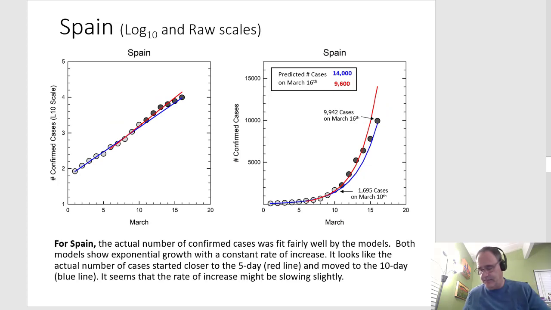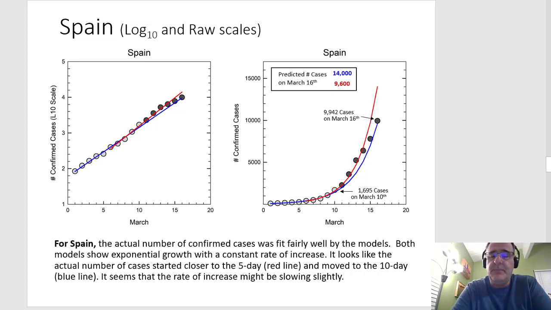Here's the same kind of information for Spain. Again, gray dots, 10 dots, data, red line, blue line, two different models, black dots, the real data. So on March 10th, we had 1,695 cases in Spain. On the 16th, I predicted we would have 9,600 to 14,000. We had 9,942. So the predictions weren't too bad, and it was closer to the blue line, which means the